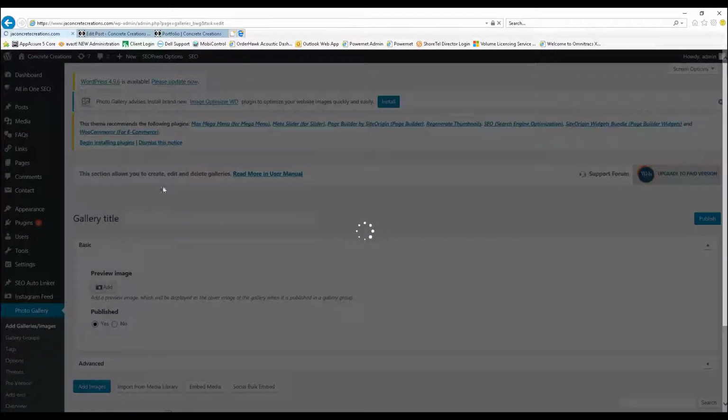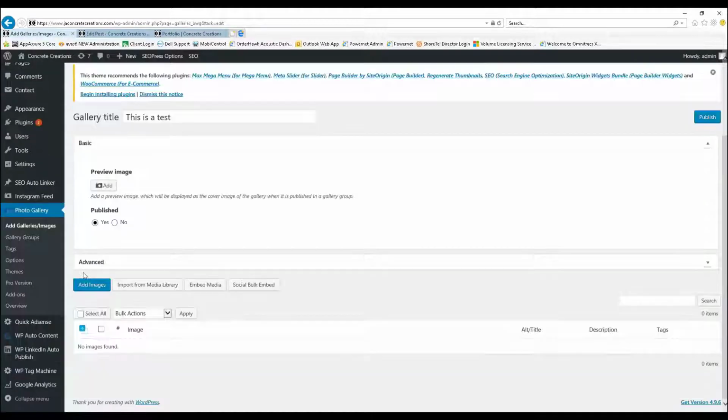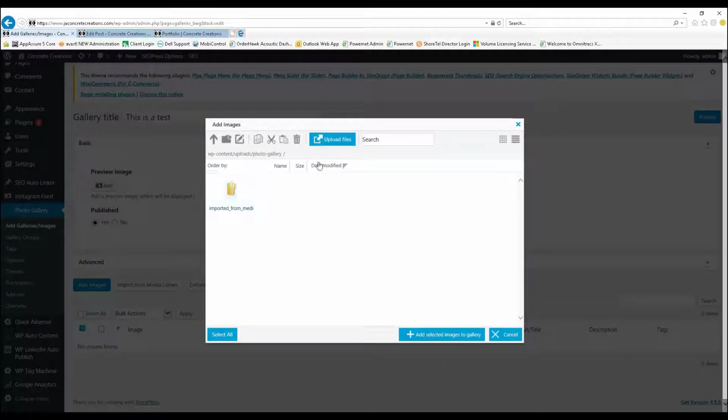Once you're here, you want to give your gallery title a name. And then we're going to want to add images to the gallery. Now there are two ways to add images. One way is to click the upload files and you can upload new images, or you can select the imported from media, which is going to show you all the media that's on your server currently, so any files you've